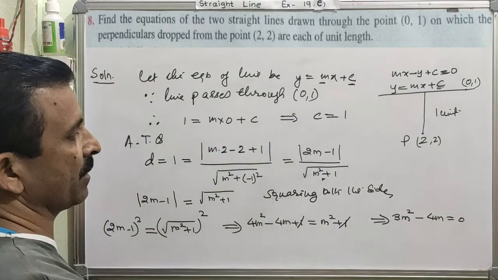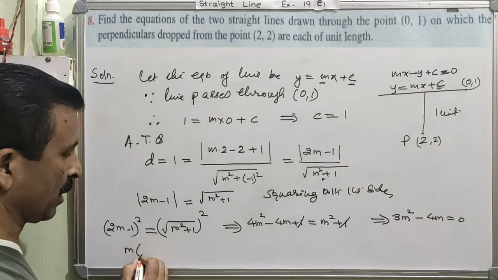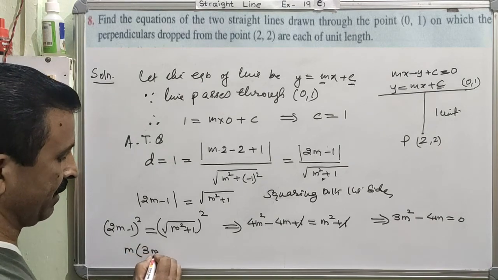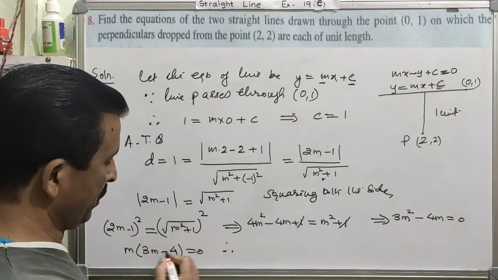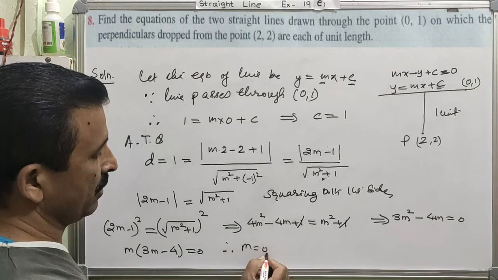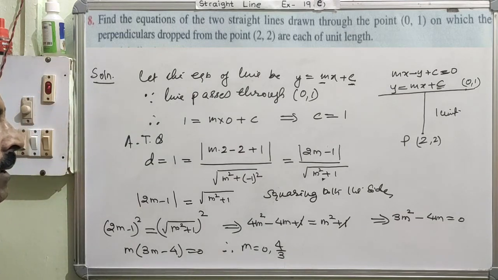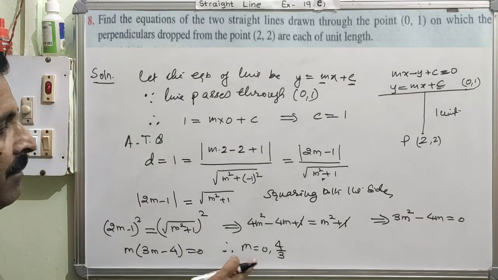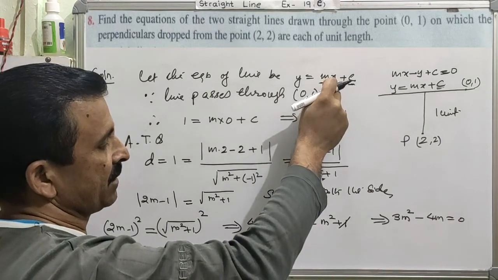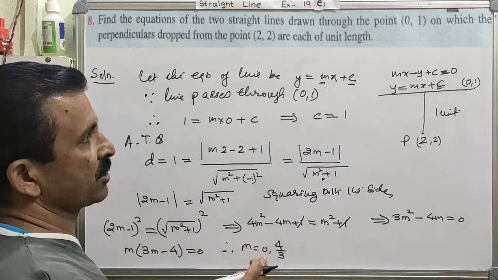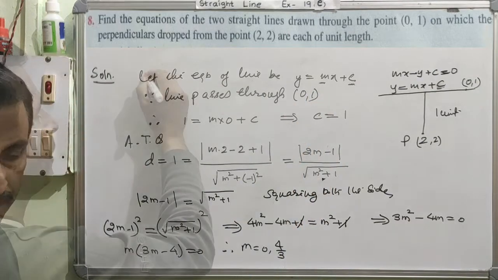Now when you look at these two terms, there is something common, and that common is m. So take out this m as common factor, and therefore inside you will get 3m minus 4 is equal to 0. So therefore one value of m will be equal to 0. Another value will be 4 over 3. Are you getting it? Am I very clear? So you got the two values of m, and both values have to be substituted in this equation. Clear? So m is equal to 0 will give you one equation, and m is equal to 4 over 3 will give you another equation.